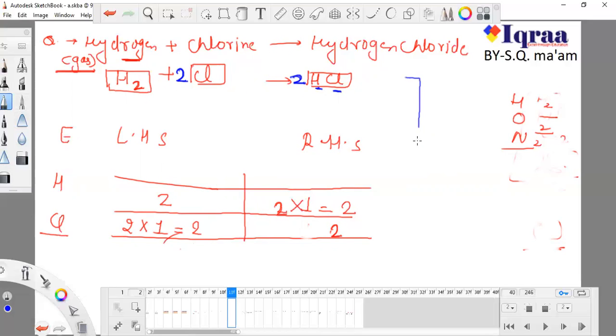So this is a direct method. I can do this on another page or another chart, one chart for hydrogen and one chart for chlorine separately, but I don't think we should give this much time to balancing. Rather than doing this long method, it is important for us to understand what we are actually doing. It seems to be simple, but it is not simple. Okay, Faizan, if you're having any problem with it, you can ask me.